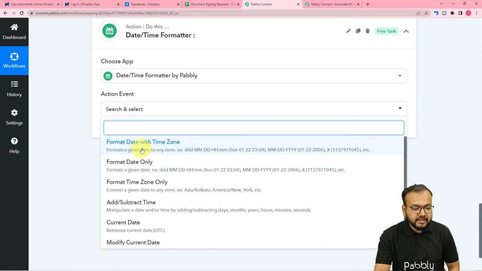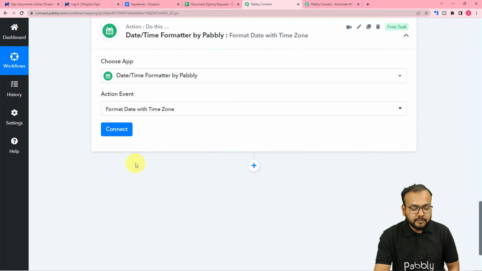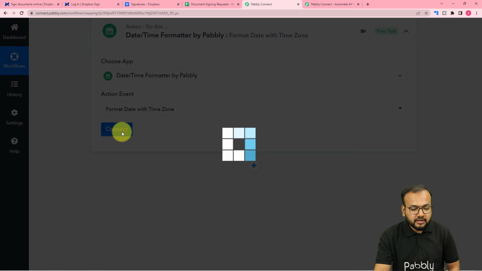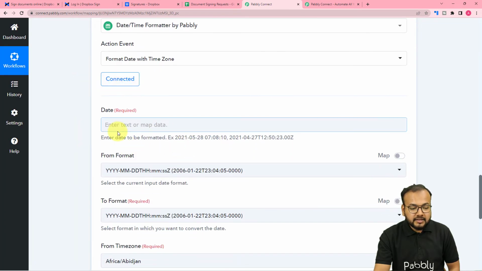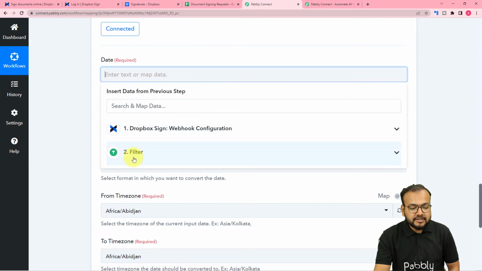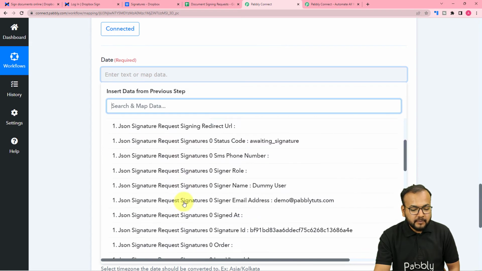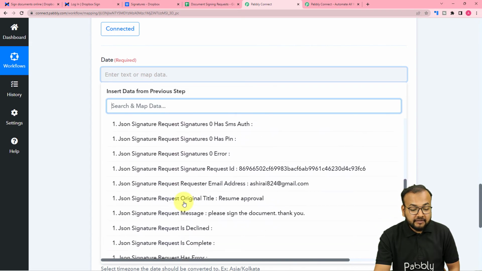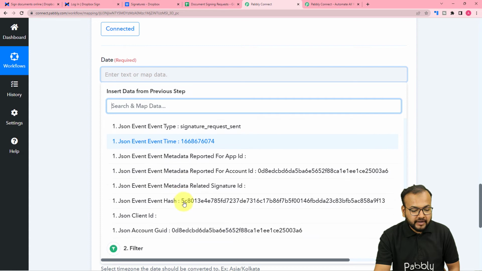In the action event, select format date with time zone, and click on connect. And here it is asking the date. So I am going to map the label from the previous steps. For that, just click here, and you can see it is showing the previous steps in the drop down. And from this first step, map the event time label, which you will find here,